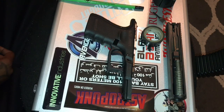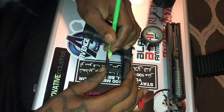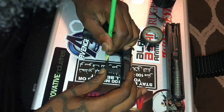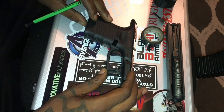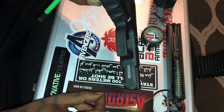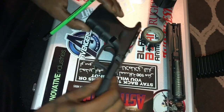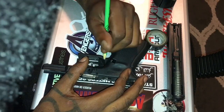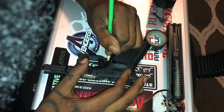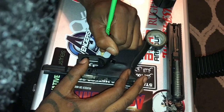Let's see. What I'm going to do here is kind of draw out where I want my lines to be. I don't know if you guys are able to see that. It's a little reflective to me. But I want it to come underneath the little patch there. I want to put a little steepling there if I can. I've been watching some videos on that too, hopefully we'll have one of those coming up. But I want it to come straight from the corner of the mag release